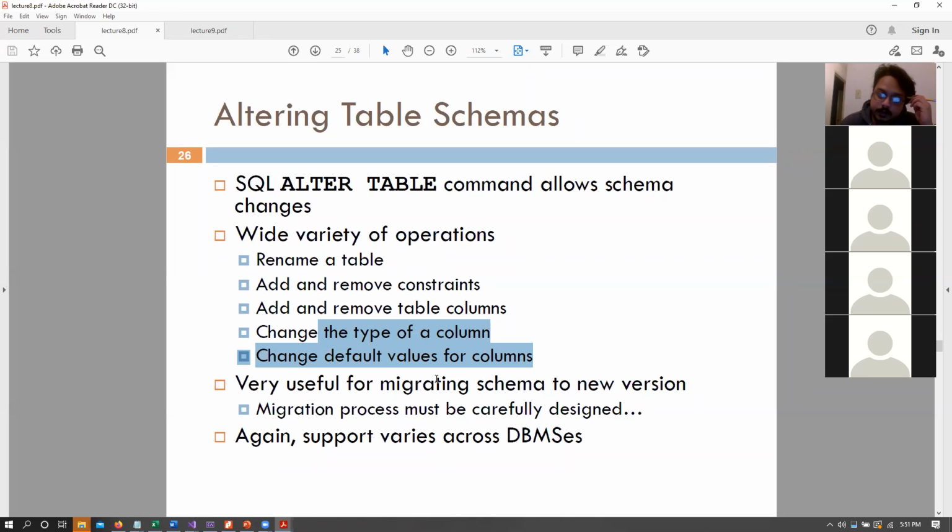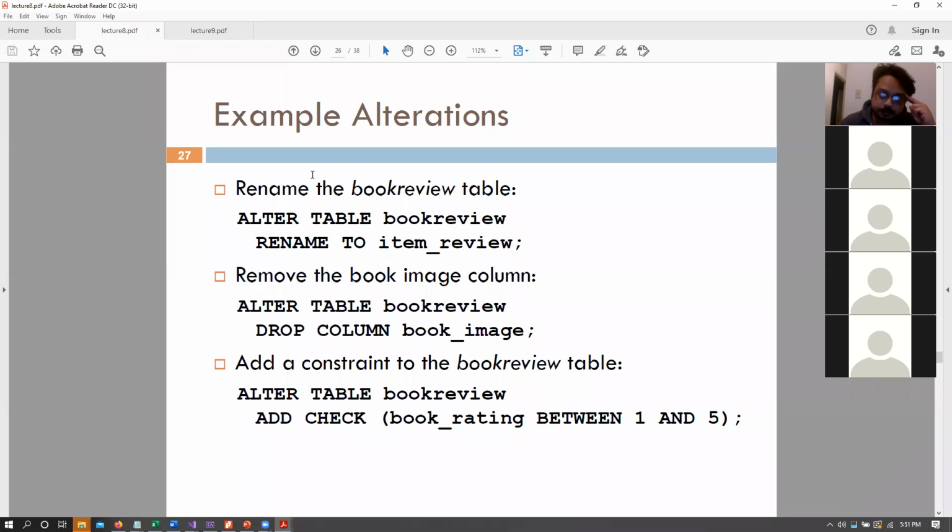So this is quite useful when you are migrating a table into another schema, because that would allow you to change the table at one point in time and then migrate the whole thing together. Support for alter table varies across database systems, but mostly it is standard. But how they approach this particular problem might be different, and all newer databases would have it. Some very old database systems will not have this. So let's talk about alter table then.